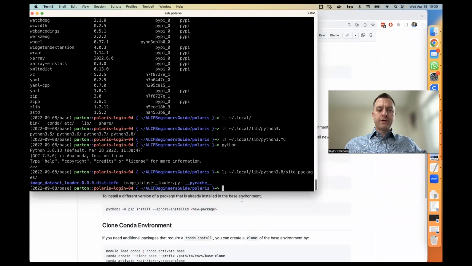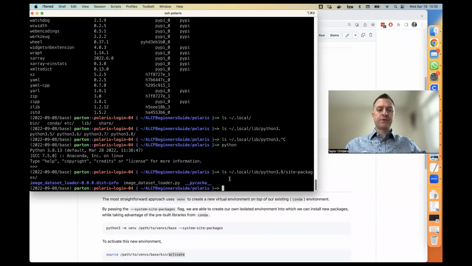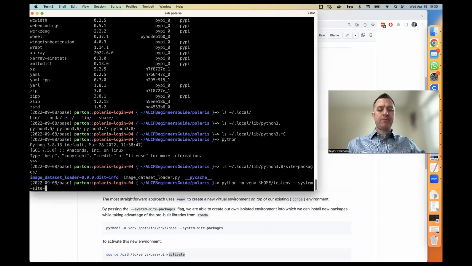So let's go through the venv version of this. The way this works is you're going to do python -m venv, and now we pass it the path to where we want it to create our new environment. I'm just going to create this in my home directory as a test, so testenv, and we want to add --system-site-packages, which allows our virtual environment to inherit any libraries